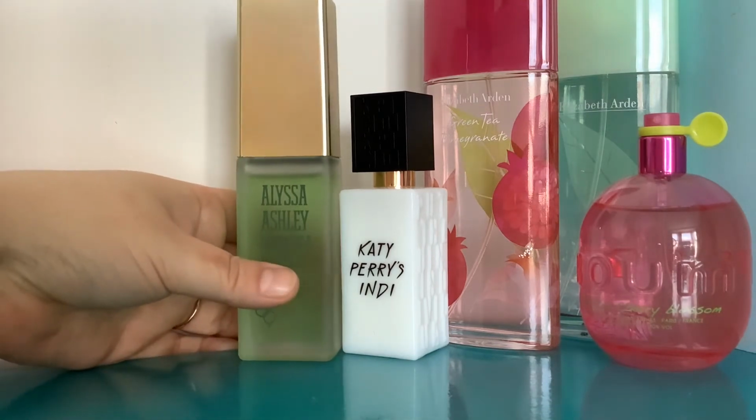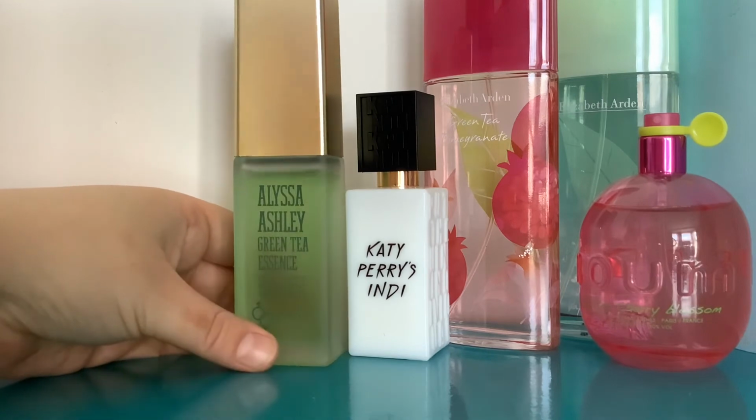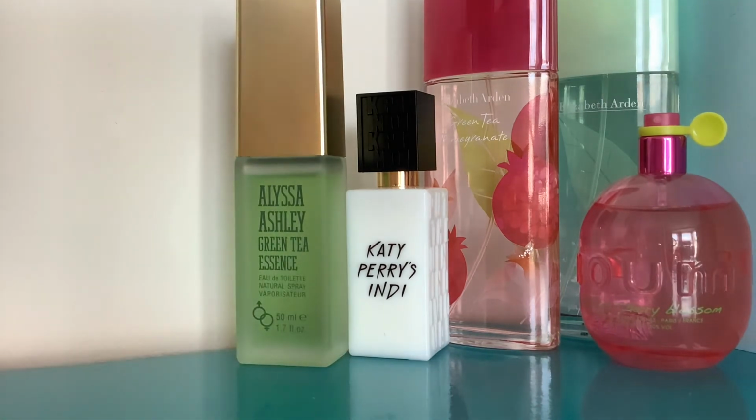And I like it a lot, and I wear it with the oil quite a lot. I really love that oil. I've got loads of backup bottles of it. So next we have,